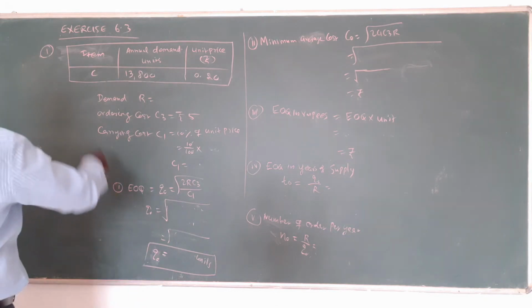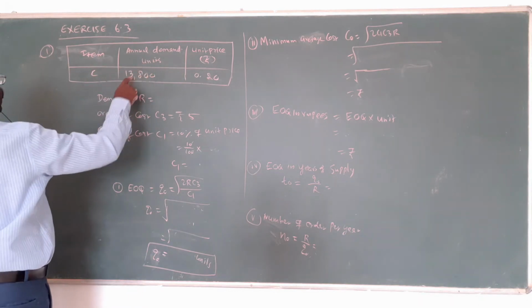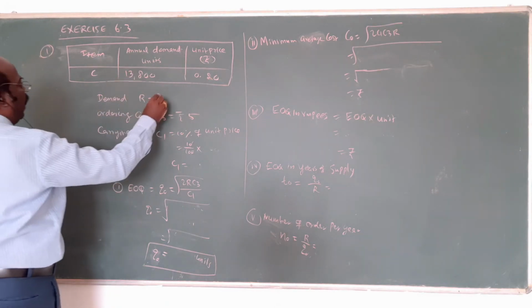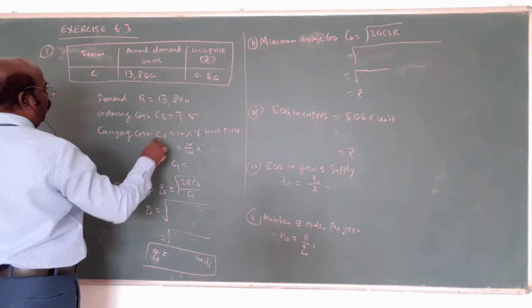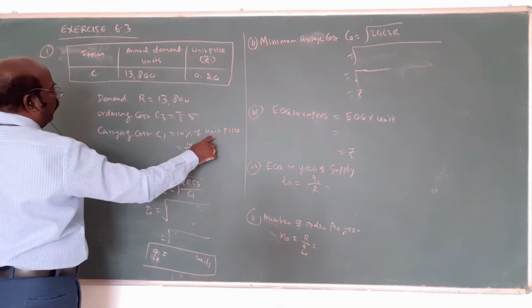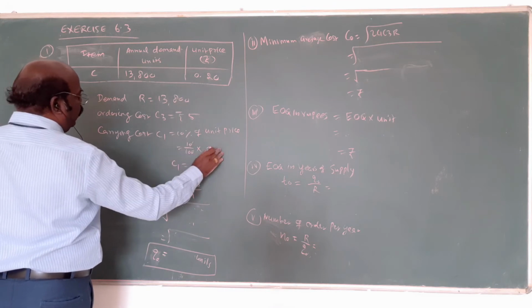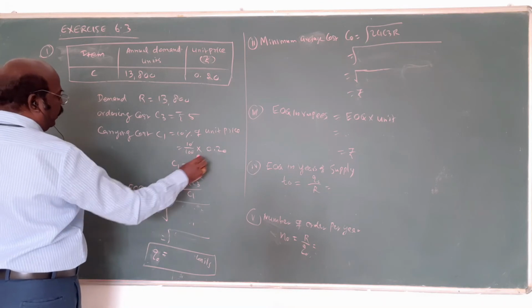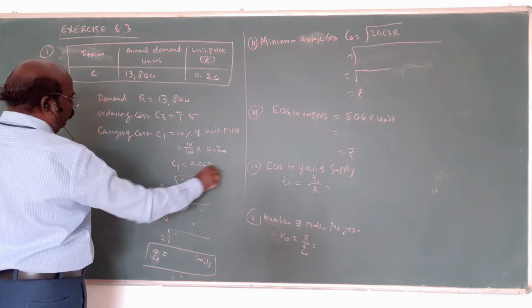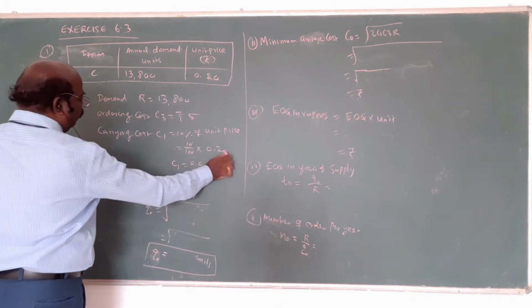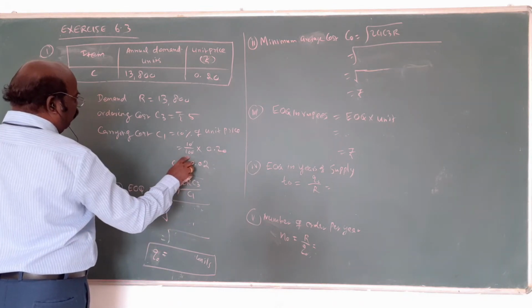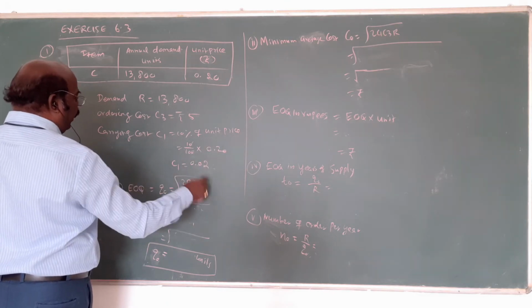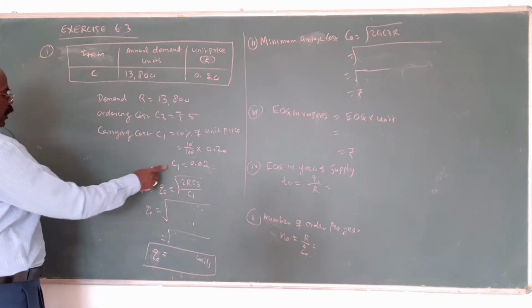Now, third submission is item C, 30,800, 0.20. But demand is what? 1380. This 5 is common. 10% difference is what? 10% of 0.20. Am I right? Now cancel. What is the answer? 0.002. Am I right? That's all. 0.2, what is the answer? 10 is there, no? 0.20, 0 not necessary. 0.2 divided by 10 is what? 0.02.